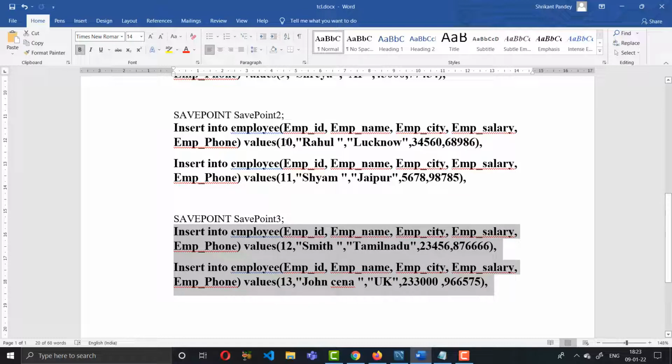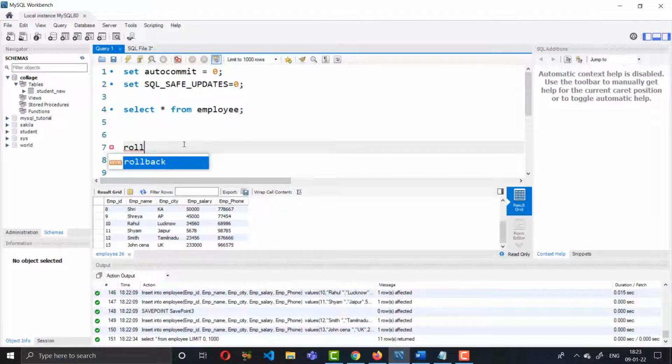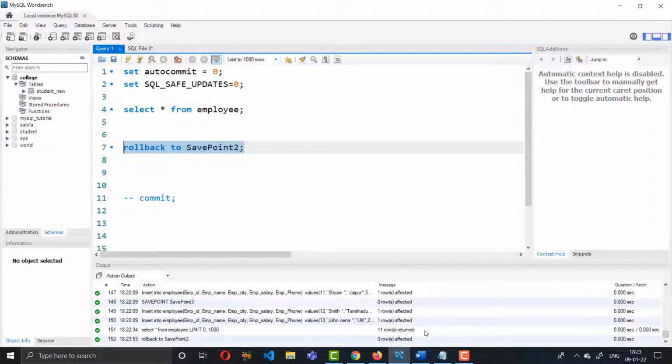So from id number 10 onward, rollback to the savepoint name, savepoint 2, and semicolon. Select this portion and run. So this shows zero rows affected. Then comment out this rollback to savepoint and select.